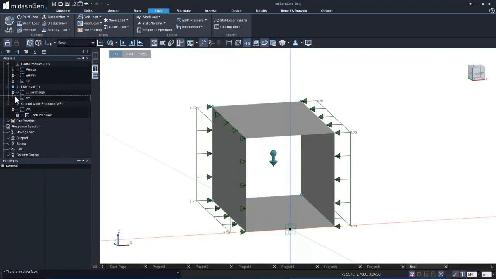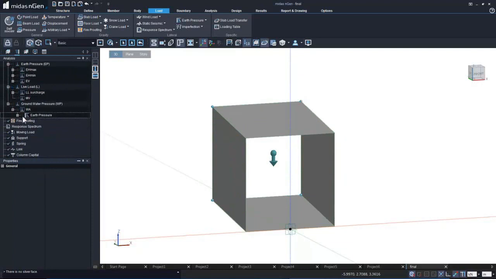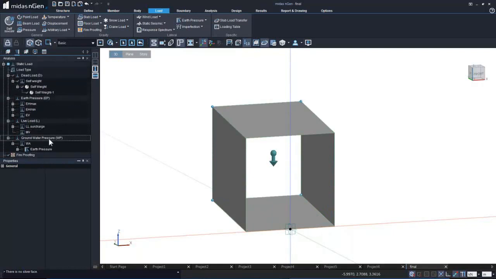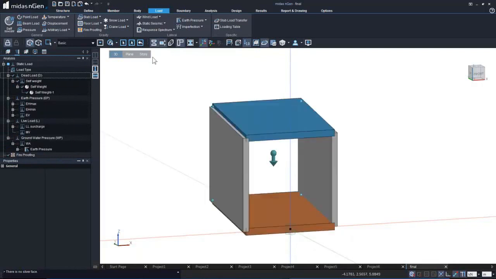And we have applied the water load from the inside of the box, that is 33 at the bottom and 0 at the top. So these are the different loadings that we have applied until now on our box culvert. Alright, and now we will go ahead